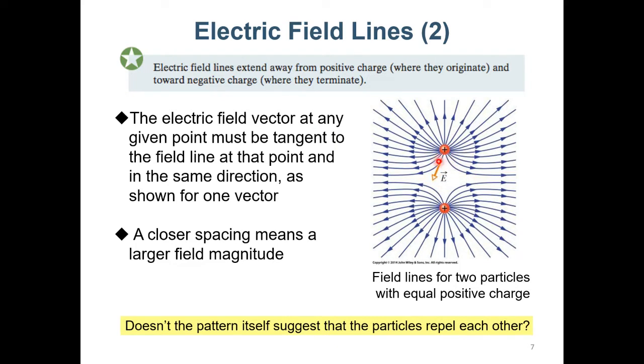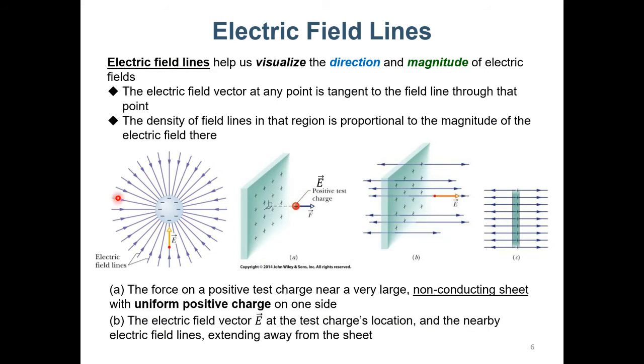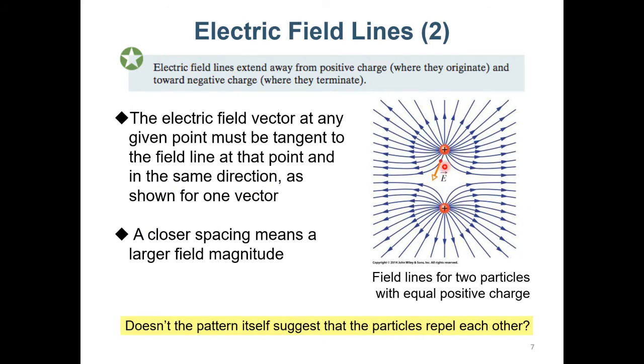So you can see here there are two positive charges, and all the E field lines are coming out from the charges. Actually, if there is only one charge, if you just ignore the bottom one, it will just look like this, but all the arrows are pointing outward. But here, if there are two positive charges, then you can feel that